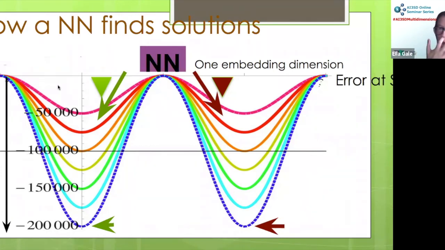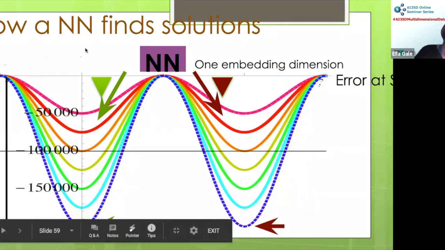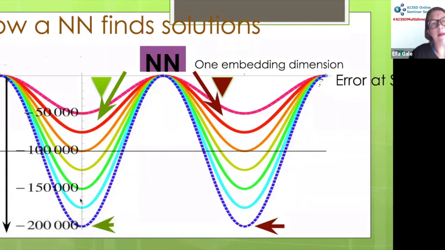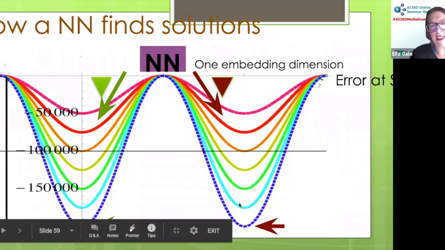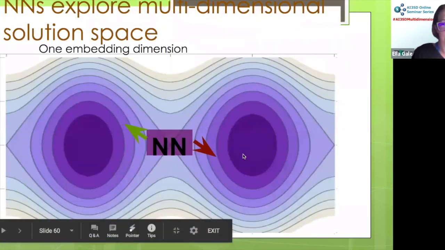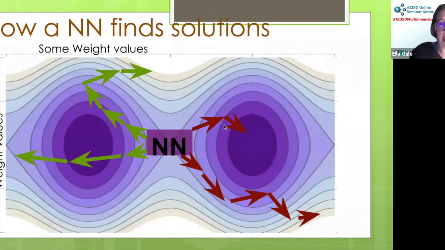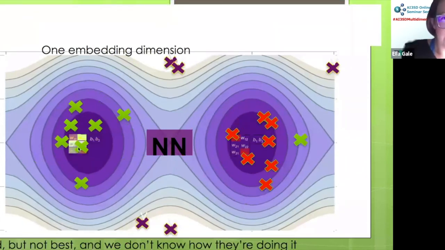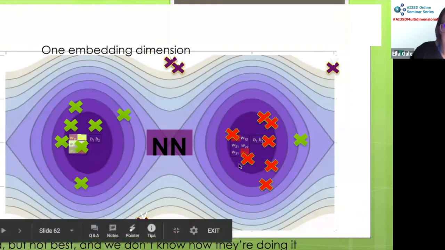Now I put this up because this probably looked familiar to chemists. So as you train the neural network, the error goes down. Okay, the error is actually getting better when you go down. So as you train it, there's less error. So ignore the numbers there. And this is it from the top. So we've got space that maybe looks like that. Our neural network trains, and it puts the points here and here. Now this would be great because now we've got a dimension here that separates great catalysts from bad catalysts, and these are mediocre over here. So we know we want to kind of explore this space, okay?